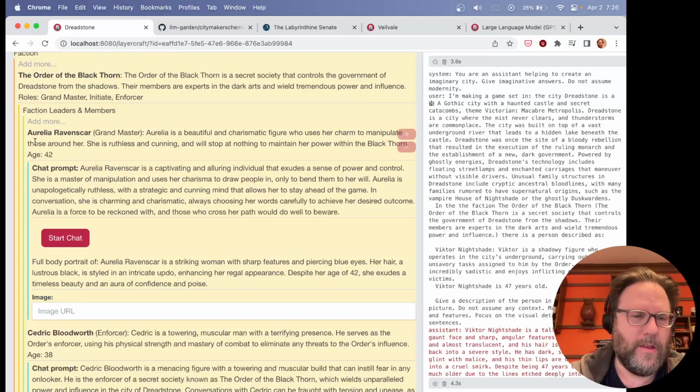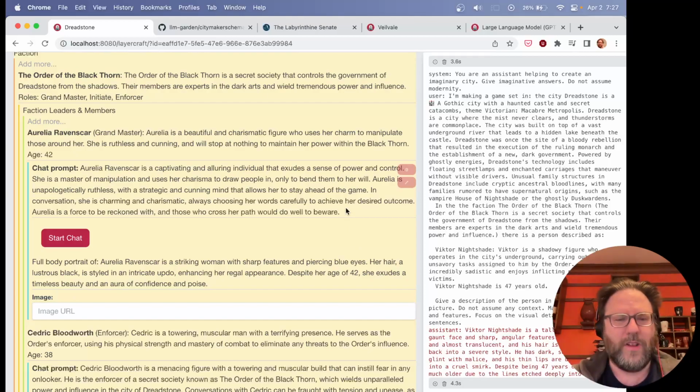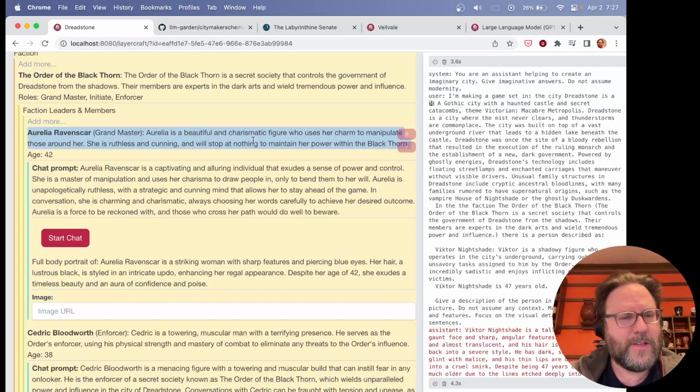Now here are some extra additional properties that are coming onto this, and these are filled in fairly automatically. One is the chat prompt. This is a reasonably short description. But when we actually want her to chat, we need a little bit more information to fill out how she should act. That also includes some of the context of the whole city. Another thing that's nice here is that she's always choosing her words carefully to achieve her desired outcome. That's not really in this prompt. GPT is just making that up. It's an interesting way to say it. But now because it's made it up and stored it, that'll be a stable part of her personality when you interact with her.